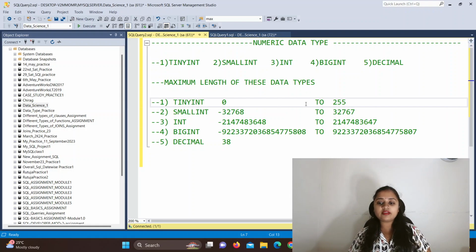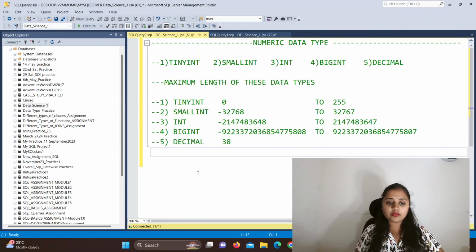Tiny int has the range from 0 to 255, then small int has the range from minus 32768 to 32767, then int has the range of minus 2147483648 to 2147483647, then big int has its range as you can see on my screen, and the decimal has the range of 38. Okay, so now we will look at these data types in implementation one by one.